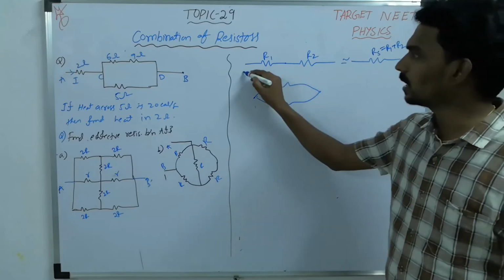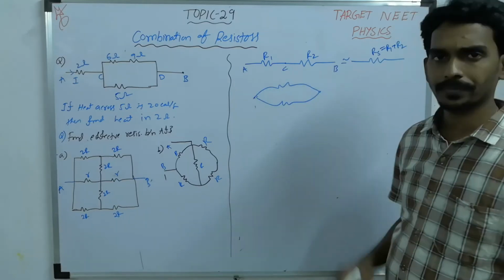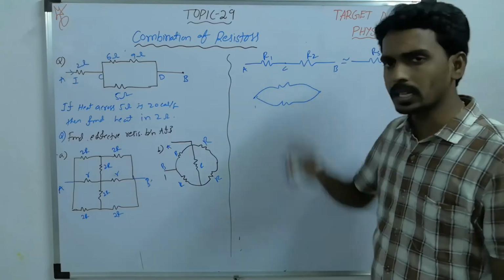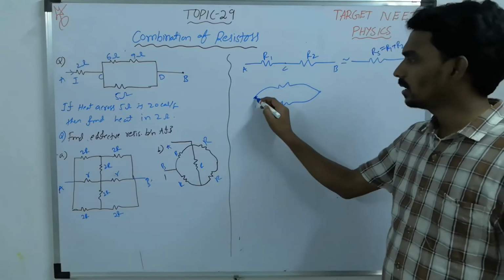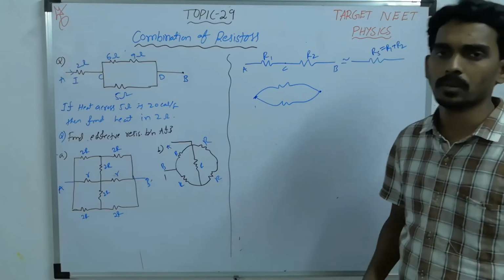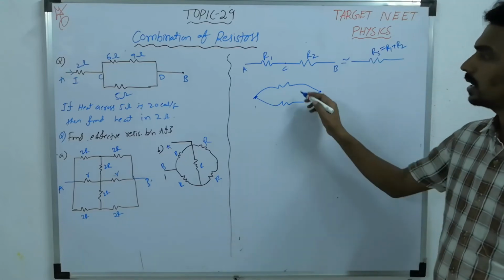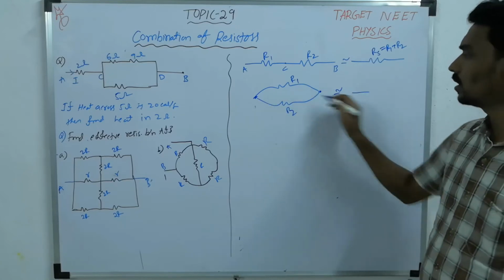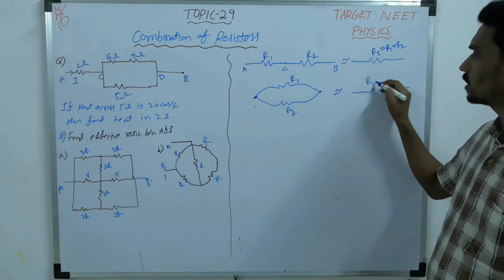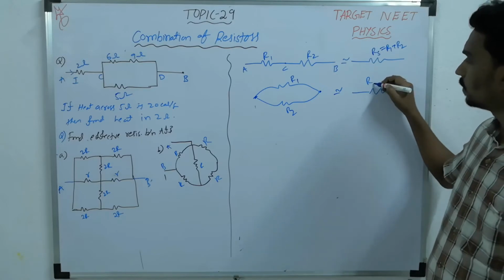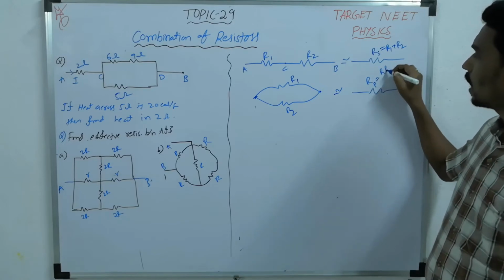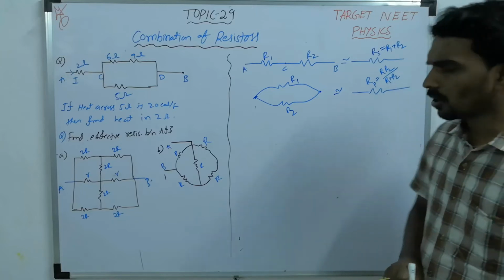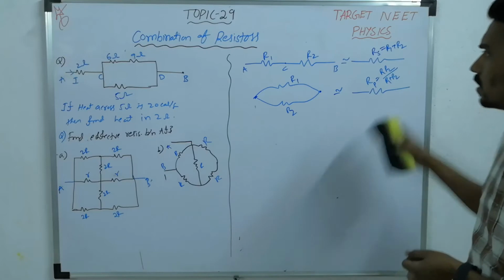Or between 2 points, if two resistors are connected such that both resistors are connected across the same 2 points. Here A, B, C. This is between AC, this is between BC. There is only one common point here, but here two common points. Such a combination is called parallel combination, and between these 2 points the effective resistance will become R1 R2 by R1 plus R2. Let us solve the questions based on this simple logic only.